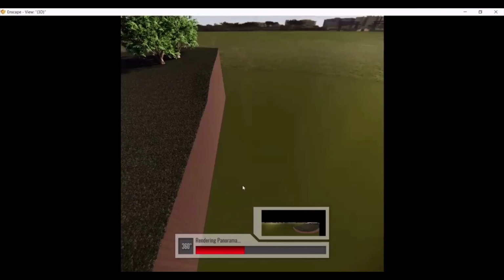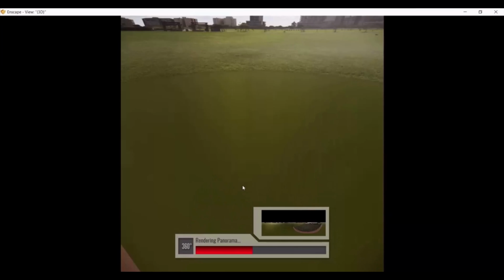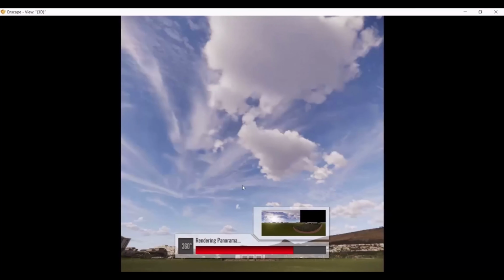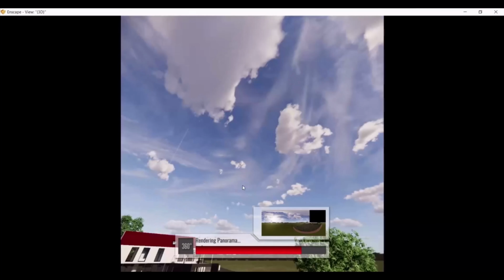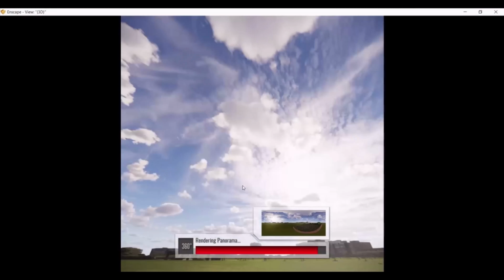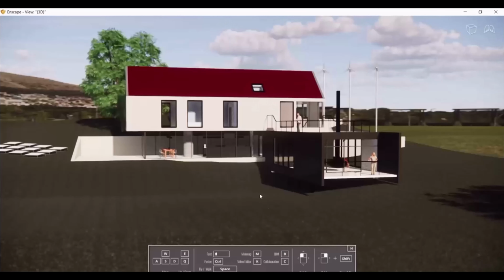You can get a 360-degree view of an interior, bedroom or living room, and you can export that as a QR file so that your client can scan it and view it on their mobile. So that can be done.